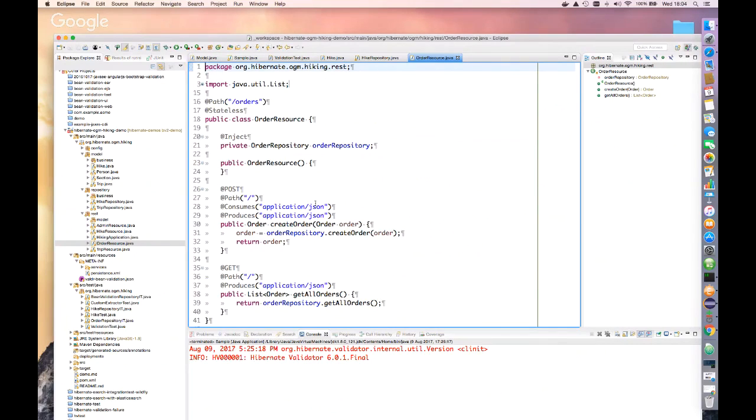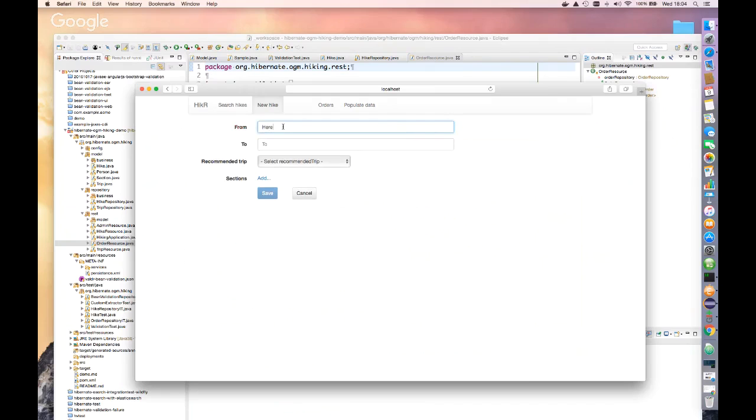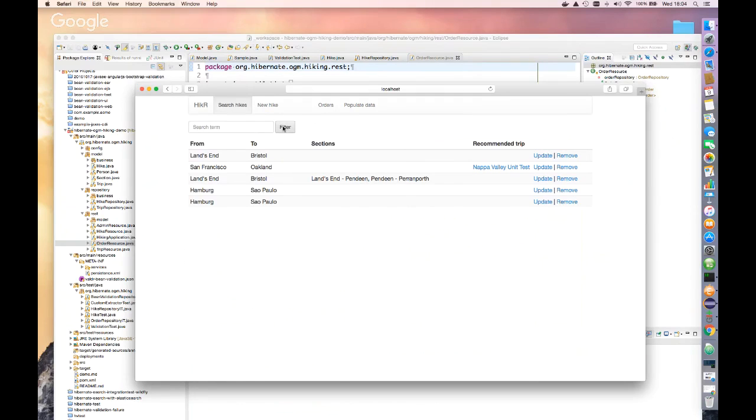And let me show you this in the browser. So this is the application. It's called Hiker, and so it's just your regular CRUD application. I have here this list of hikes. I can create a new hike and say from here, or let me say from Hamburg, which is the place where I live, to Sao Paulo, for instance. So it's saved, and I will now add a bit of validation to this application, and we will see how